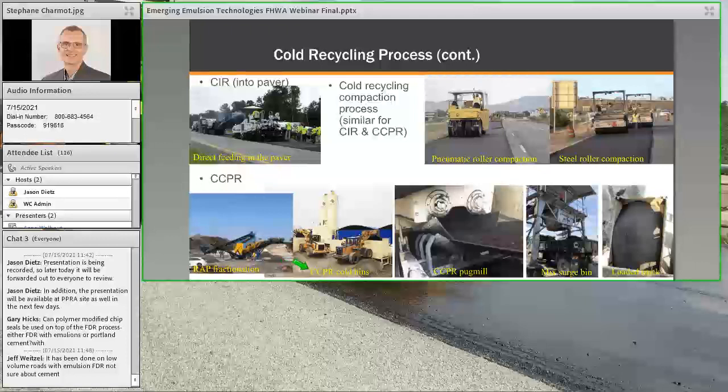Then, if we go to the second picture, you can have a cold central plant that has different bins to receive the different RAP sizes. Usually you have fine, medium, and coarse RAP that you can use to feed your cold central plant. And then all the components come together inside a pug mill. That's where your RAP, your water, your emulsion, and your other additives as needed are mixed together, and then you can use a kind of surge bin